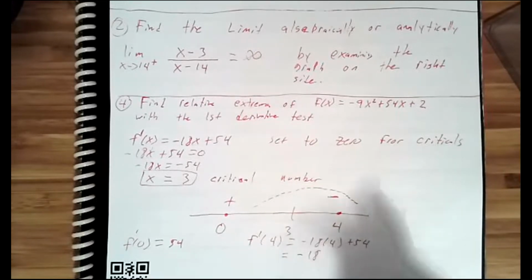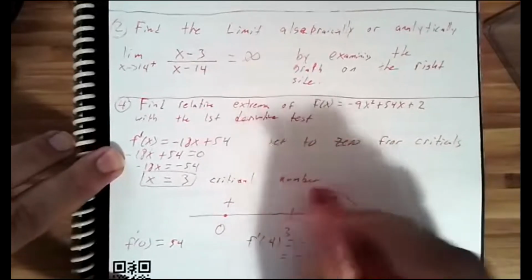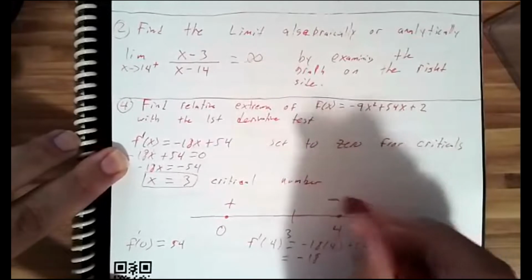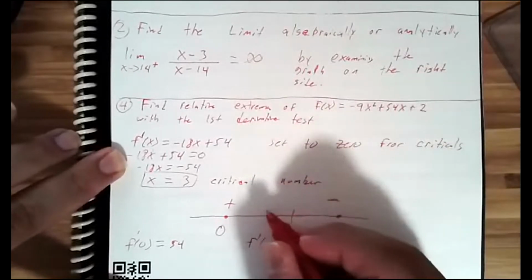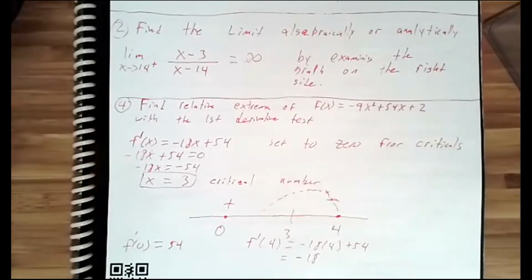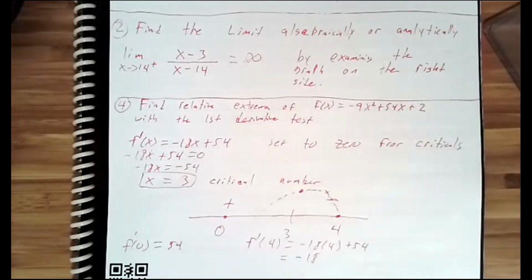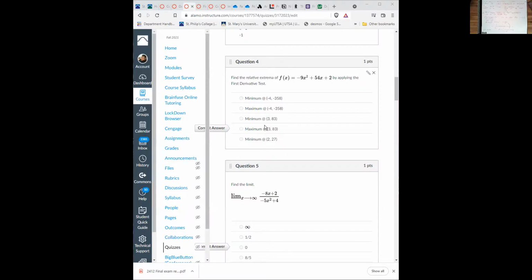Right? So drawing scrappy. Anyway, whatever. So we have a maximum, right? Now look at the answers. We know it's going to be at 3 because that's a critical number we found. So it has to be one of these, but we know it's a max, so it has to be 3